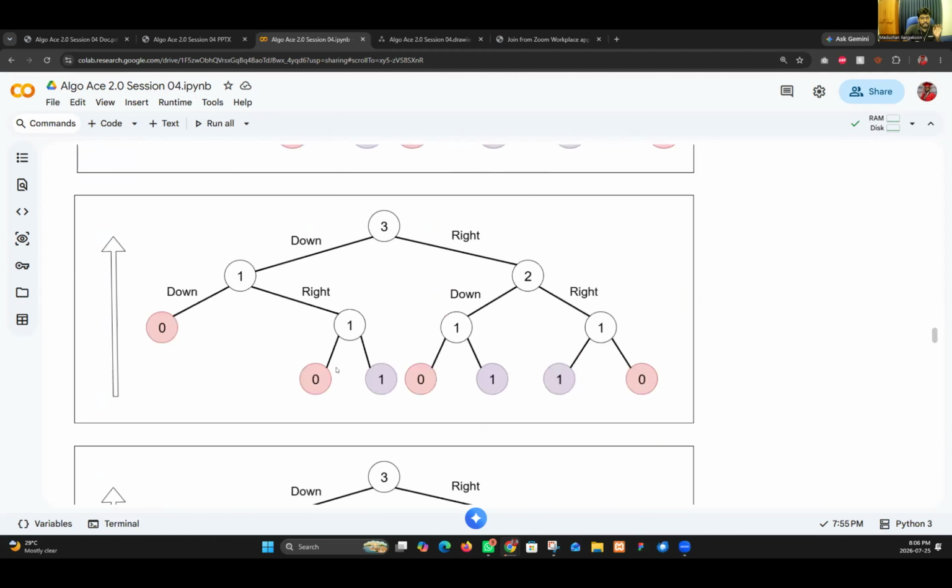So the first one is down, right, down. This is the first case. And the second case, right, down, right. Again, you can get a case. Down, right, right, likewise. You can think about more cases.